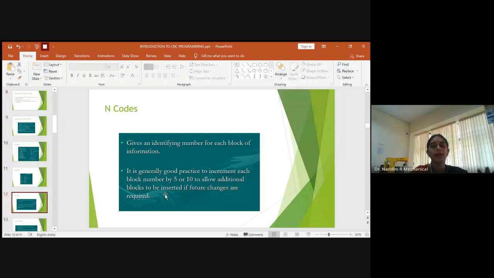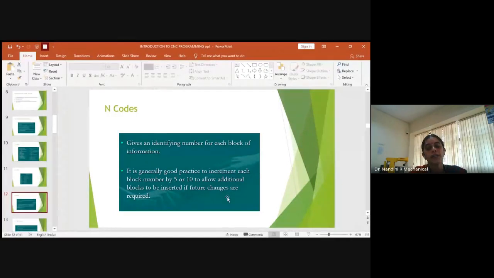So it will identify how many blocks of operation there are, in sequential order. So N1, N2, N3 show the operations which are to be done in sequential order. So if you have block number 5 or block 10, it shows a sequential order in which the operation is to be done.